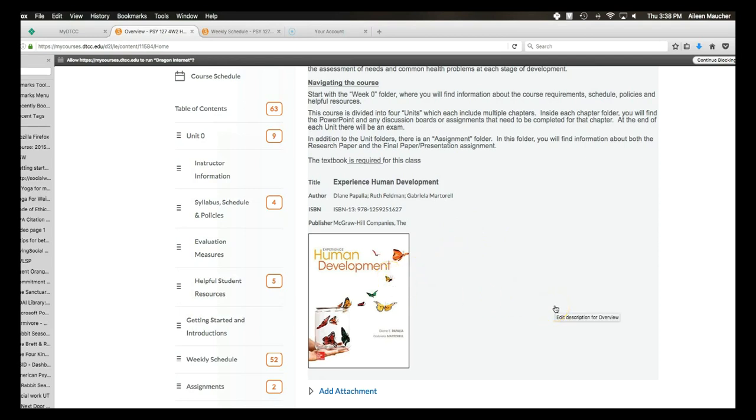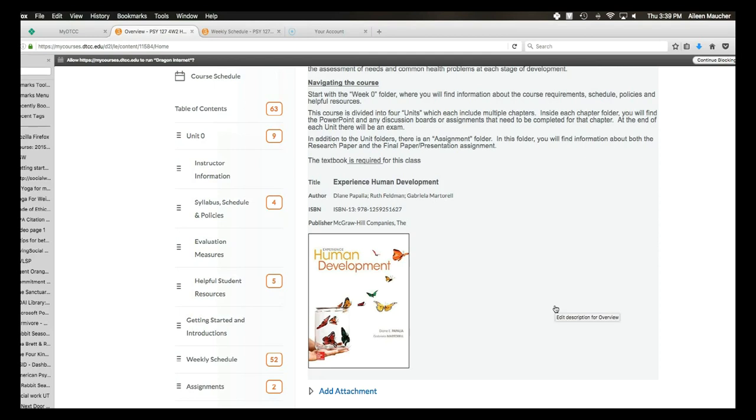You are not required to purchase Connect Access for this particular course. I work really hard to keep costs down for students. I know that books are very expensive. So I'll say that again. You do not have to purchase Connect Access. I'm providing you videos free of charge that you don't have to pay for access for right here within the discussion board prompt within the learning management system.